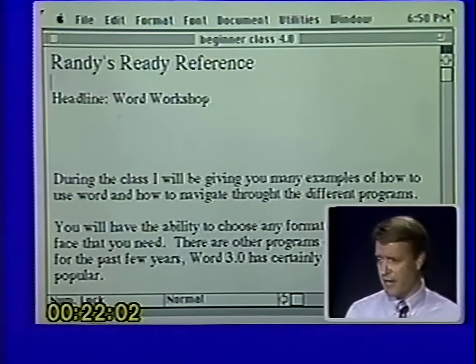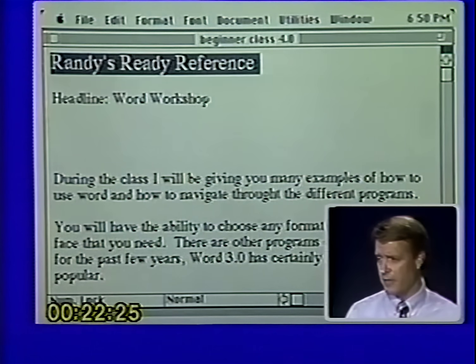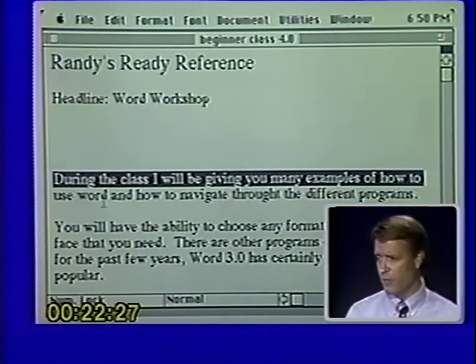So I want you to watch the I-beam, watch the little point where right now the mouse is, and as it goes to the left, you will notice that the I-beam turns into an arrow. When it turns into an arrow, you are in the selection bar. So to select a line, simply go over to the left of the line in the selection bar and click once. To select an entire line of copy, go to the selection bar and click once, and it will select